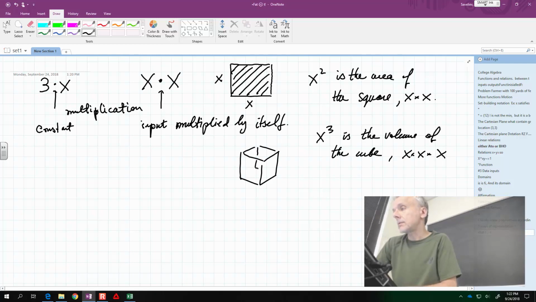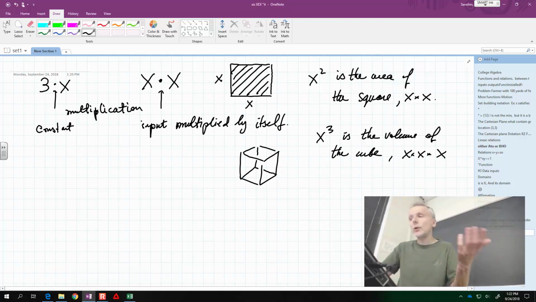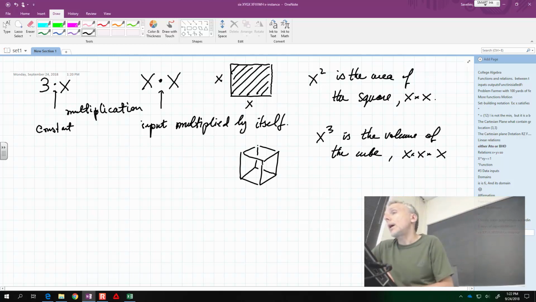It's not as clear as you go to the next power, to the fourth power, what it's supposed to represent. But if you can imagine a fourth-dimensional cube, then there you go. That's it. Okay. So that's the geometry. That is why we're here. But really, at this point it is just a computation, and so we're going to see how